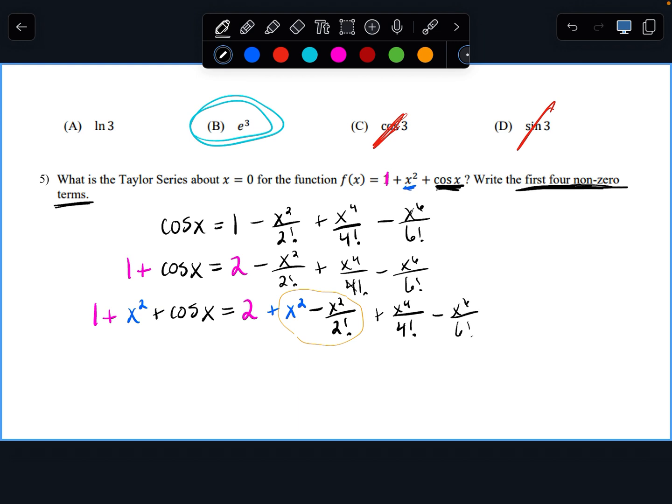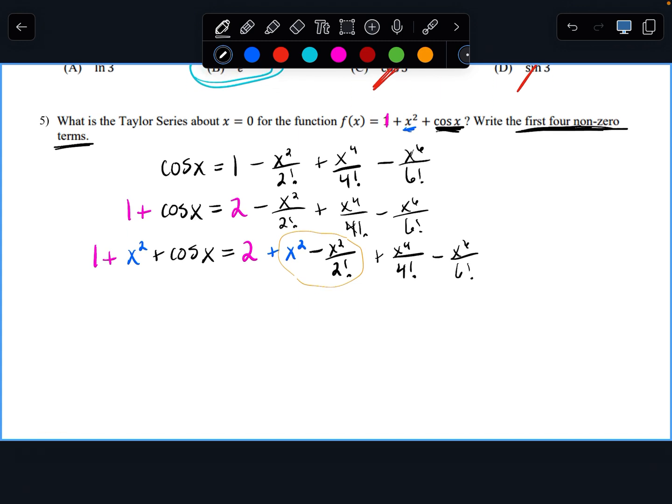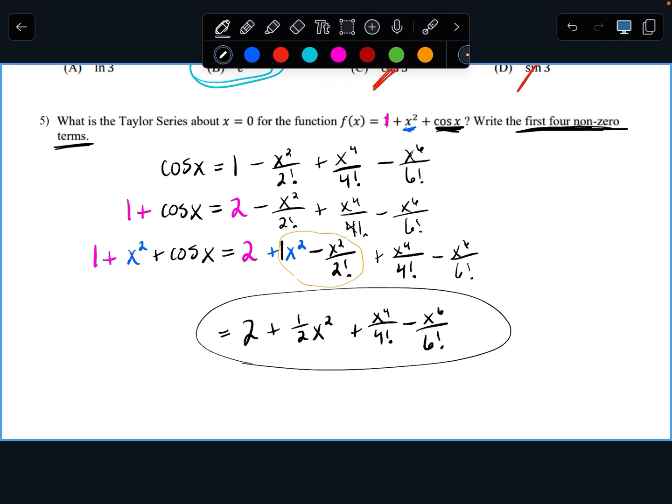Oops, minus. So then you're going to have to actually do, okay, 2 factorial is 2, so that's a 1/2 in front of the x squared. So then your final answer would be 2 plus 1/2 x squared, because this is like 1 minus a half. Plus x to the 4th over 4 factorial minus x to the 6th. So like I said, it's all hardcore algebra. Sometimes they make you fill out the factorials. That's 24 instead